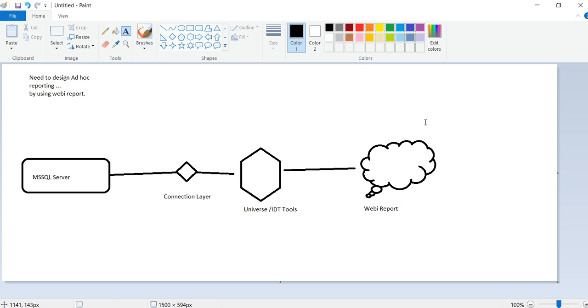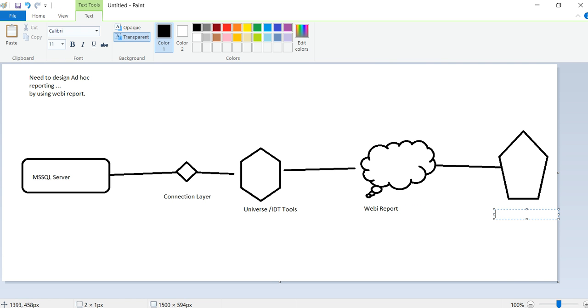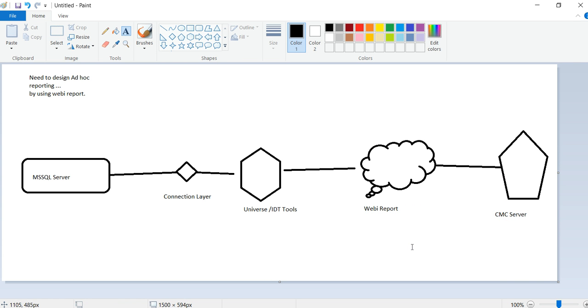Then after that, we will publish that report in the CMC. So this is your CMC server. This is the whole process of how a Webi developer can design a report. So the requirement was, suppose you are a Webi developer, and I am a client, so my requirement is to design a report